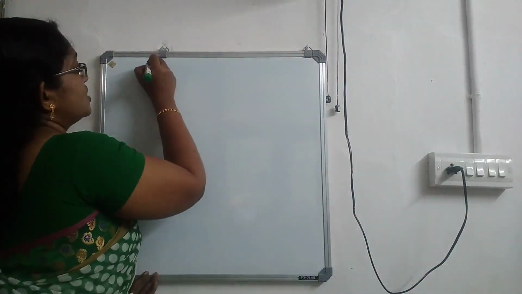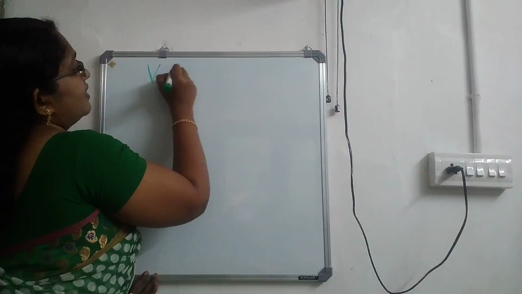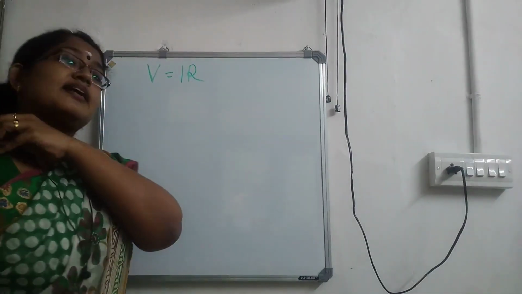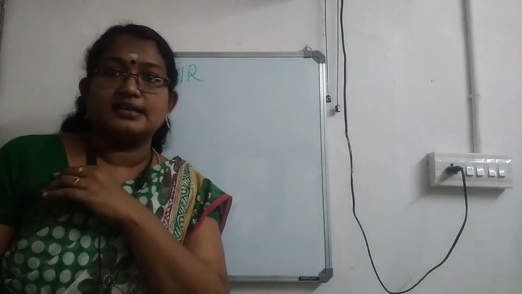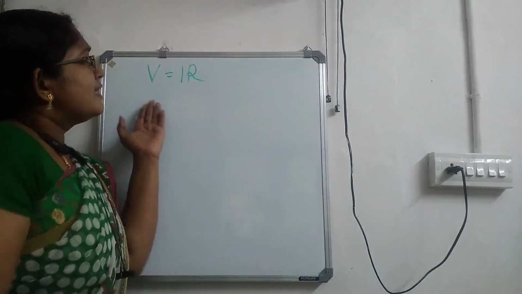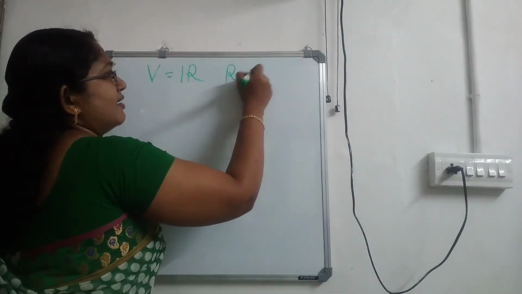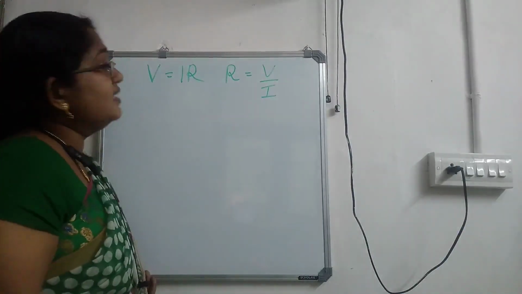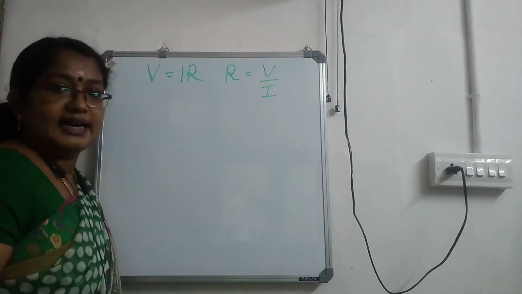There is a condition for Ohm's law, that is at constant temperature, the current flowing through a circuit is directly proportional to the potential difference, or what you can write, V is equal to IR. So we are writing the resistance there and it is the constant coming in the equation. Now from here, how can I write R? R is equal to V by I, isn't it? R is equal to V by I.